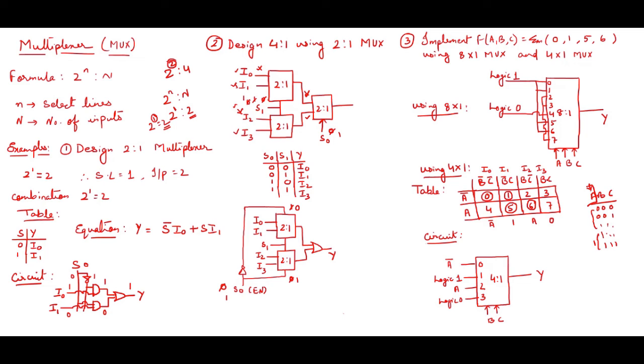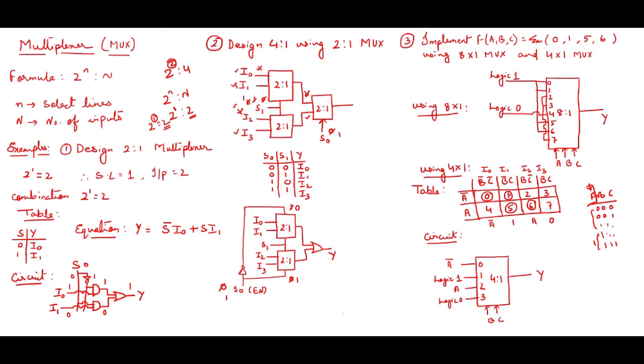So these columns are what? The inputs of the 4:1 mux, because I want to design the circuit using a 4:1 mux. So I0, I1, I2 and I3, right? So I've designed the table and then I'm putting in all the values. What are the possibilities with this equation? So 0 to 7 possibilities are there. So 0, 1, 2, 3, 4, 5, 6, 7 I implemented inside the table.